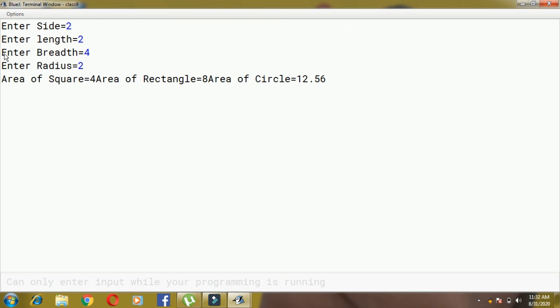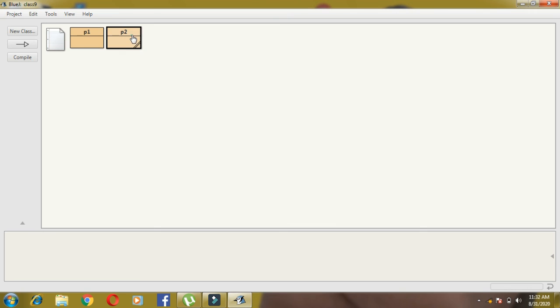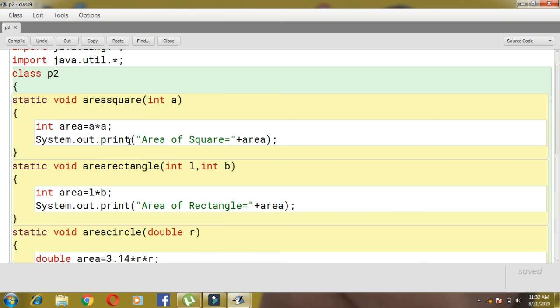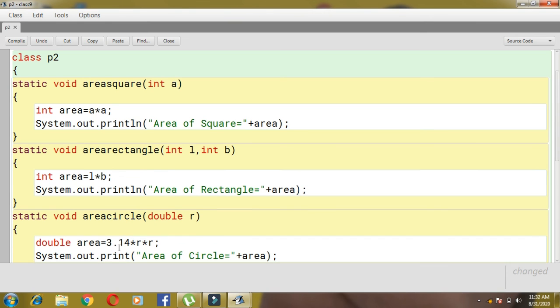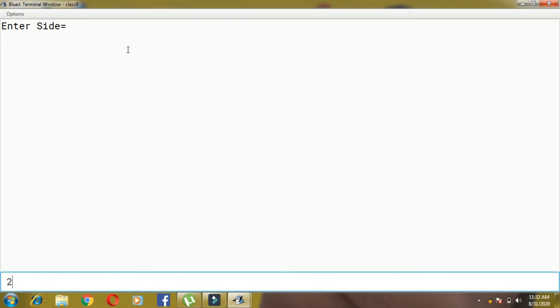Okay. Now see, area of square we got 4, that's 2 into 2. Area of rectangle, length into breadth. Area of circle 3.14 into 2. Got, children? All are coming in the single line. We can make it a new line. That part is also available. How we make new line? See here, wherever you have given print, there you write ln. Println. So children, println stands for what? New line. Println. Now if I compile and if I close, right click, void main, type the value.